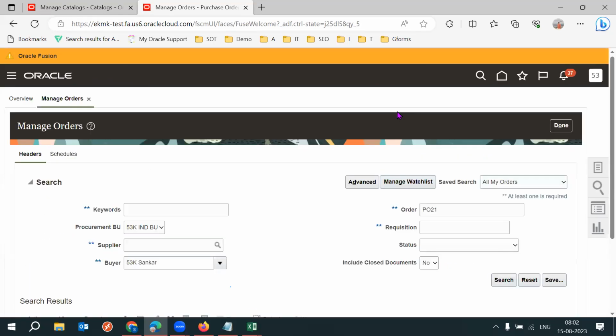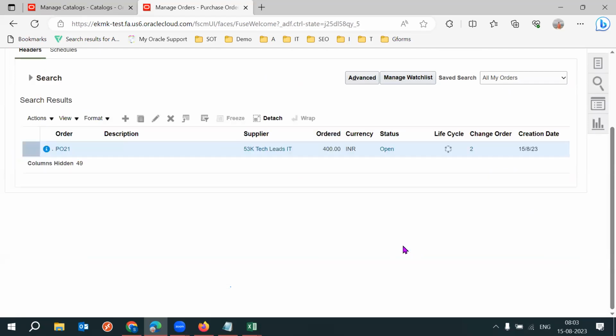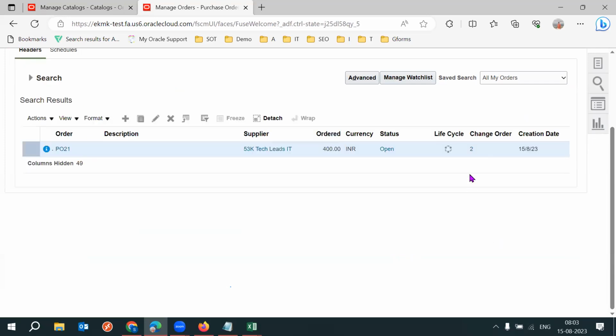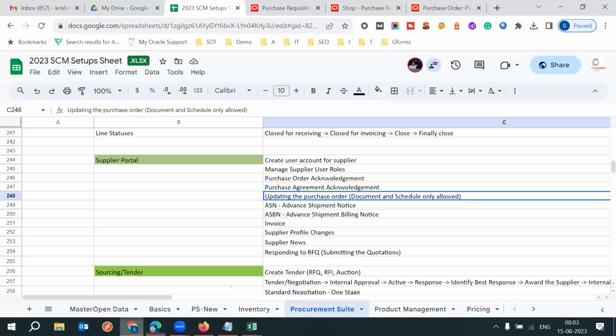The change should be approved internally. After that, you see the status again, it changes to supplier acknowledgement. The change order 2 is still not approved. Yes, you see for change order 2, pending supplier acknowledgement. Okay, now from the supplier portal,